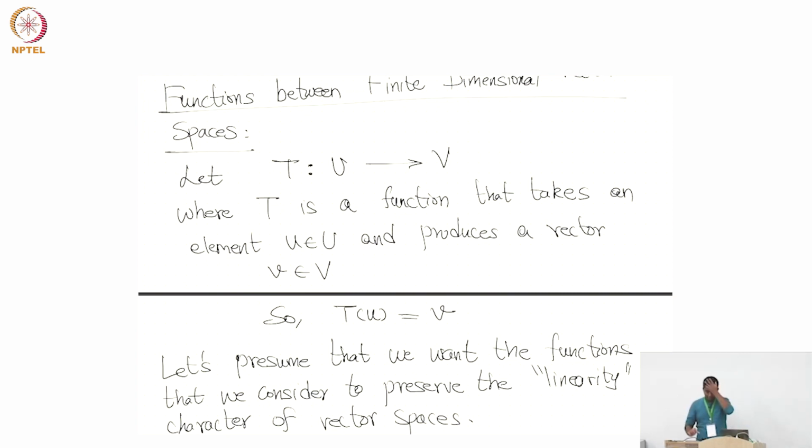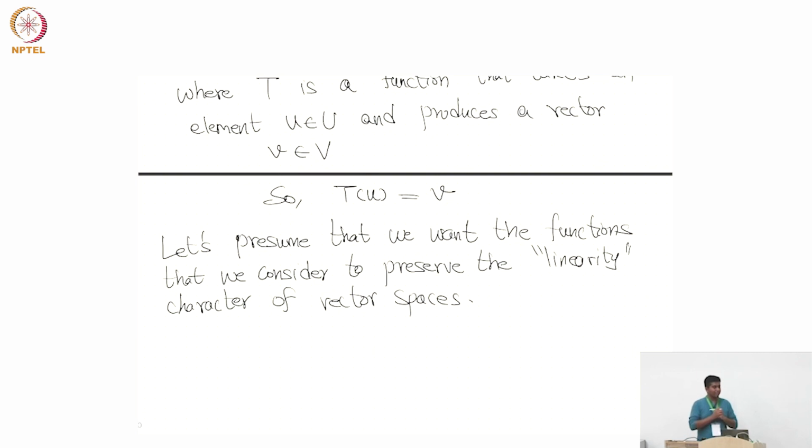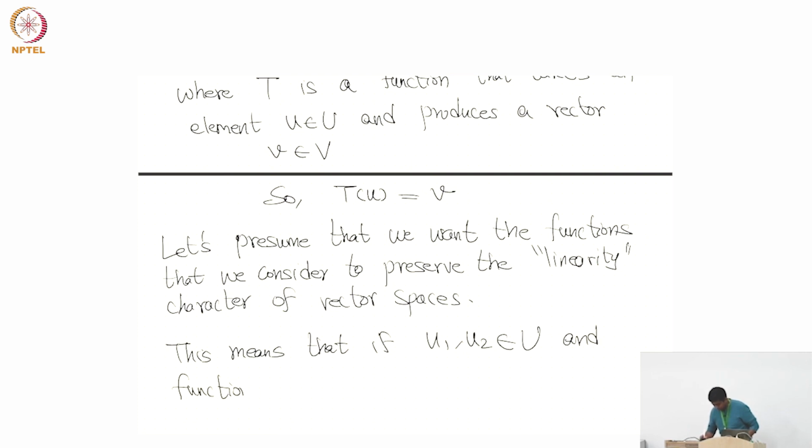Let's for a moment presume that this is special and we want it to be preserved. What does that mean? It means that if u1 and u2 are in this space U, and my function T acts on a linear combination of these vectors,